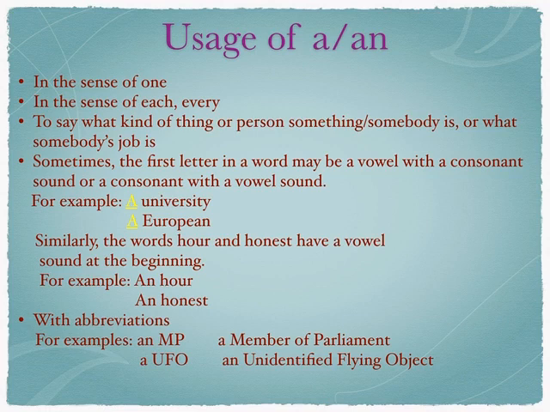Same next, a UFO. So here it sounds like U, like Y. So that's why we have to use a. But when you use the expanded form, an unidentified flying object, because it sounds like a vowel O. So dear students, this is all about the uses of a and an. So here you know how to use and where to use a and an.